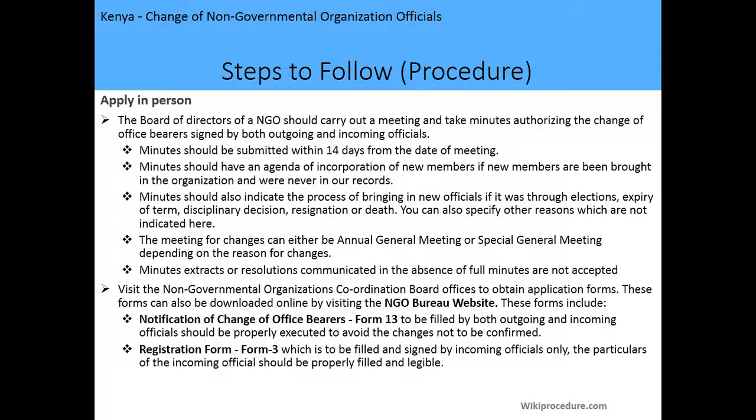And minutes, extracts or resolutions communicated in the absence of full minutes are not accepted. So the whole document should be presented while making the application. After preparing the minutes, visit the Non-Governmental Organizations Board offices to obtain the application form, and these forms can also